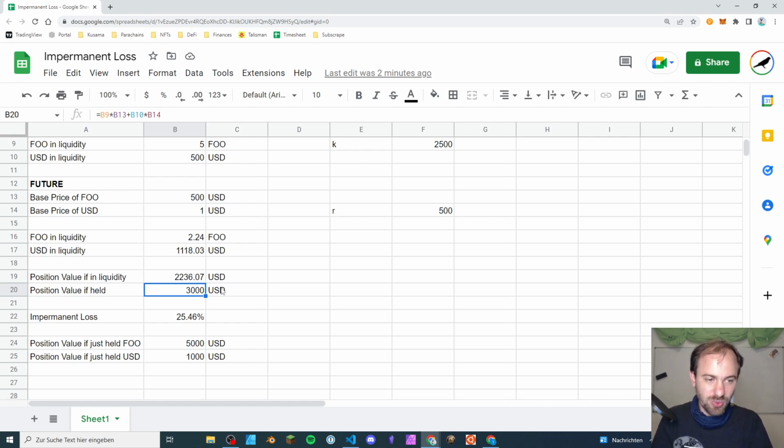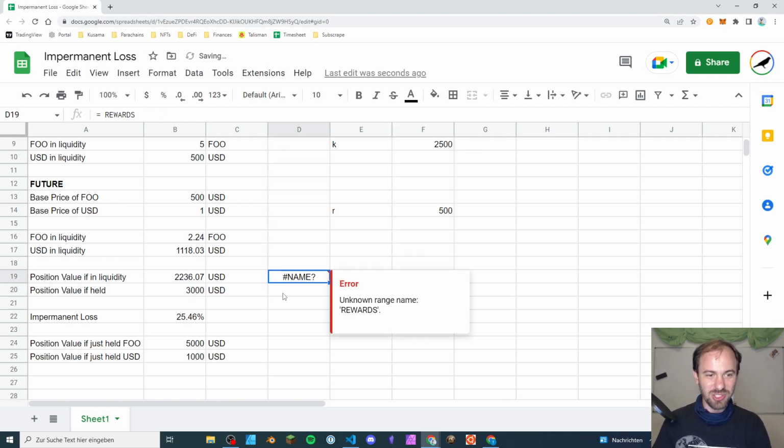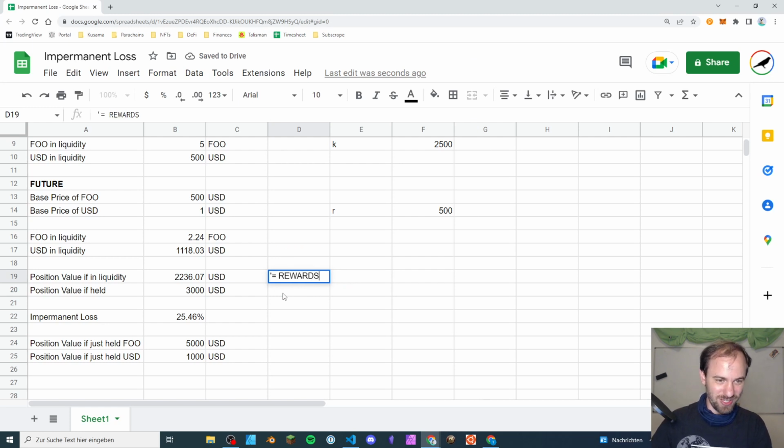This all changed with the advent of liquidity mining. And with liquidity mining, suddenly it was not only you get this $2,236, but plus rewards. So plus rewards, it's not a formula. At some point in time,